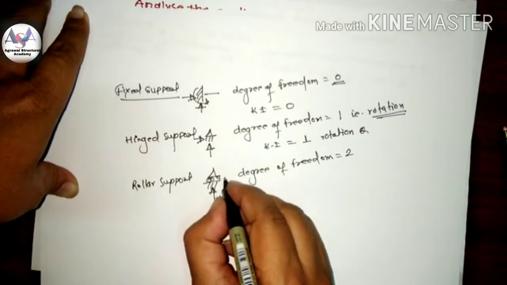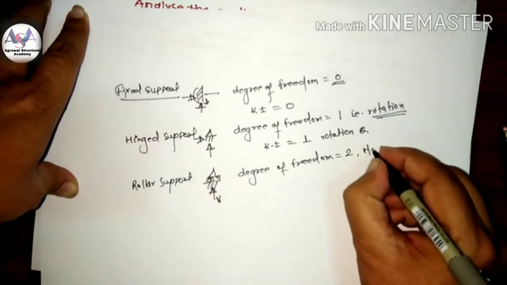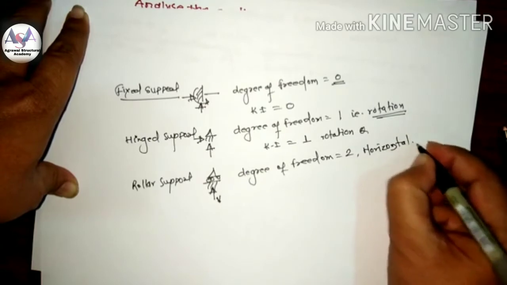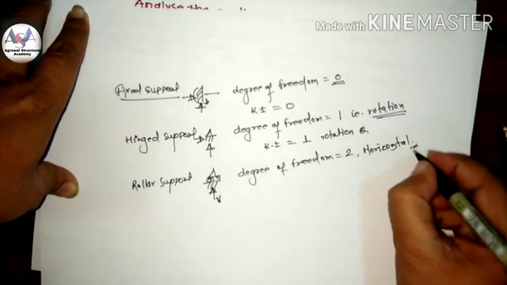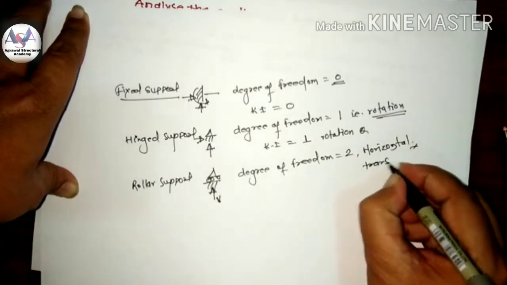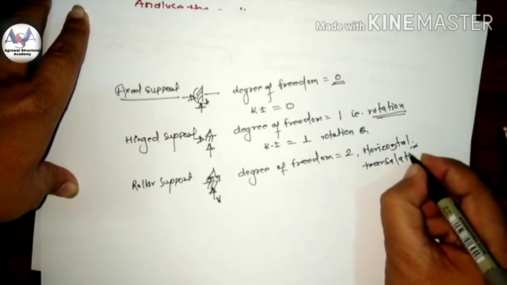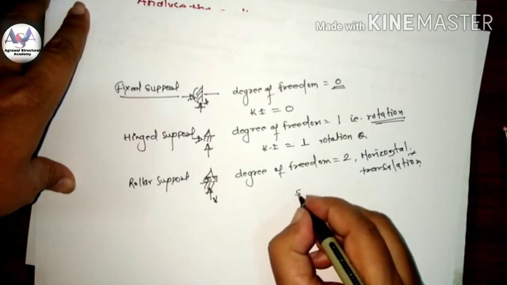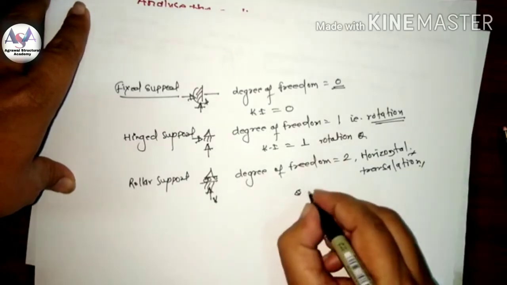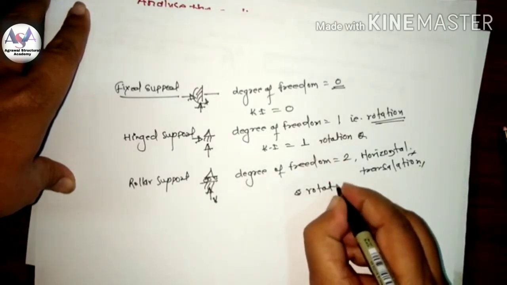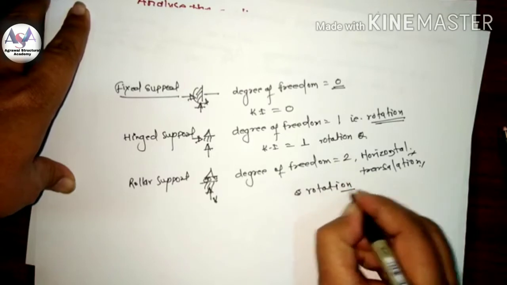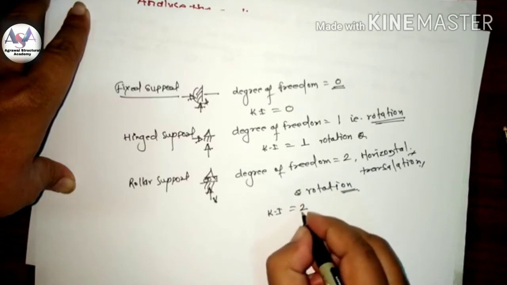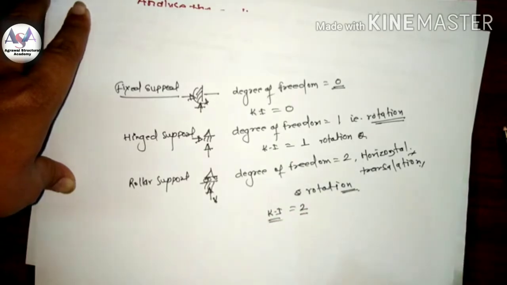That is, one is horizontal translation, and the second is the rotation. So by the rules it has 2, Ki is equal to 2, but